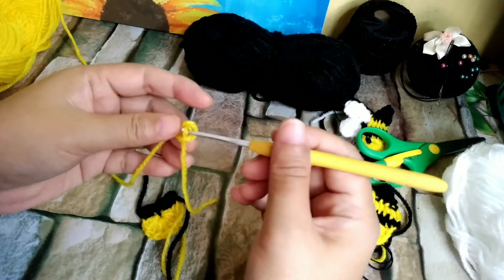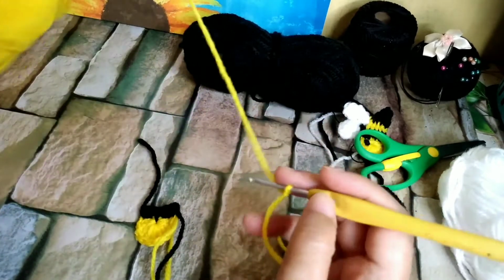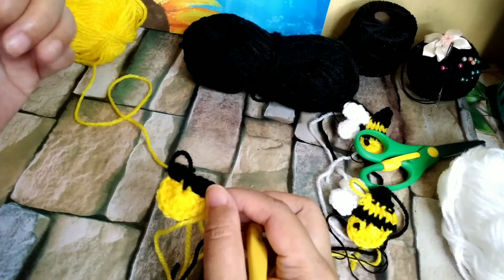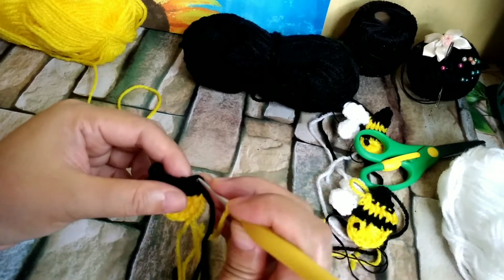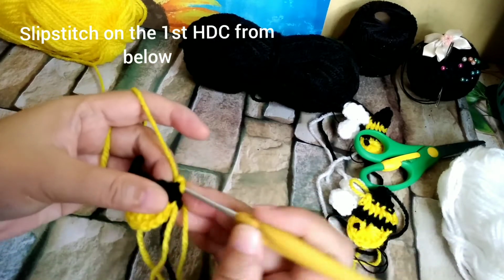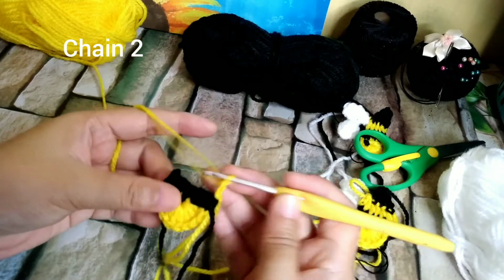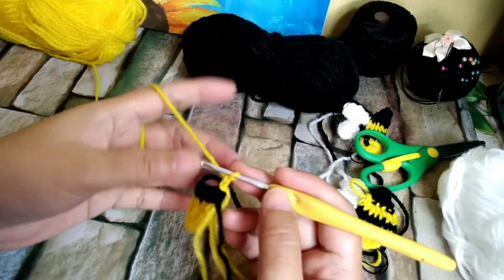This project has many ends to weave in, but it's okay. You can also use it to sew it on whichever project you want to incorporate it in. So we're going to slip stitch here on the first half double crochet. Then we're gonna chain 2, and since we needed to decrease the side parts, we're gonna make a double crochet